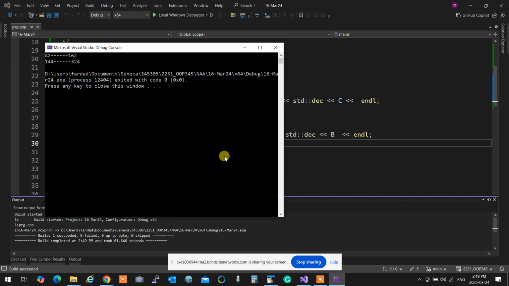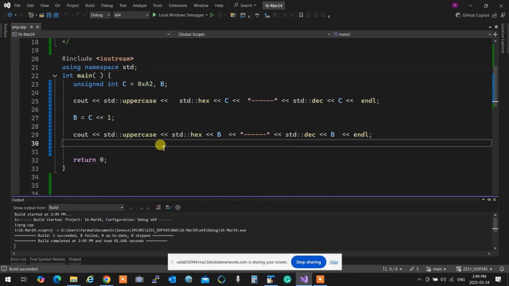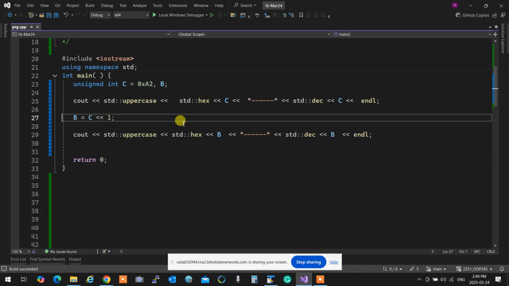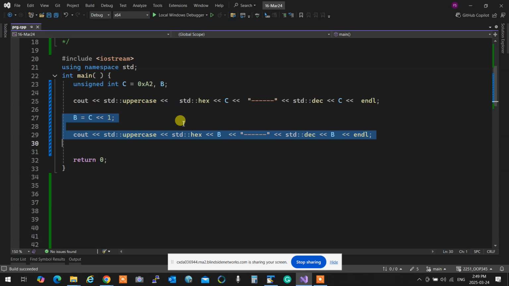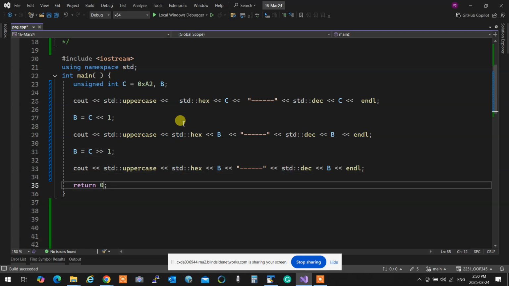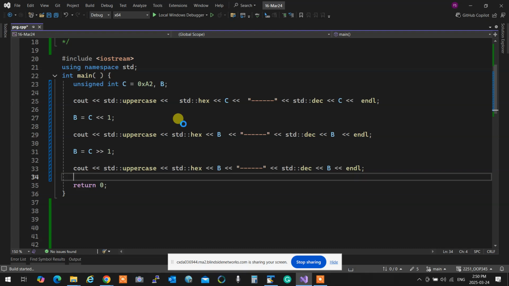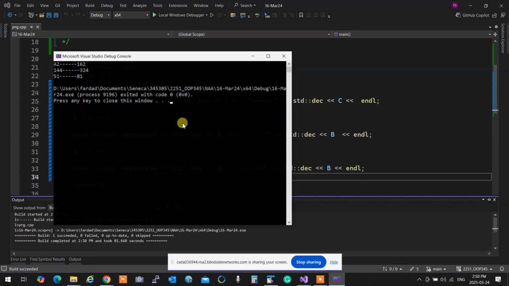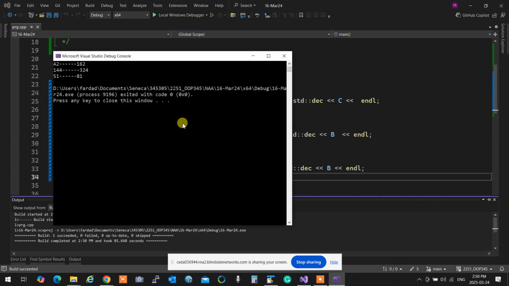It doubled, right? Now take a look at this. Now what happened? Divided by 2.